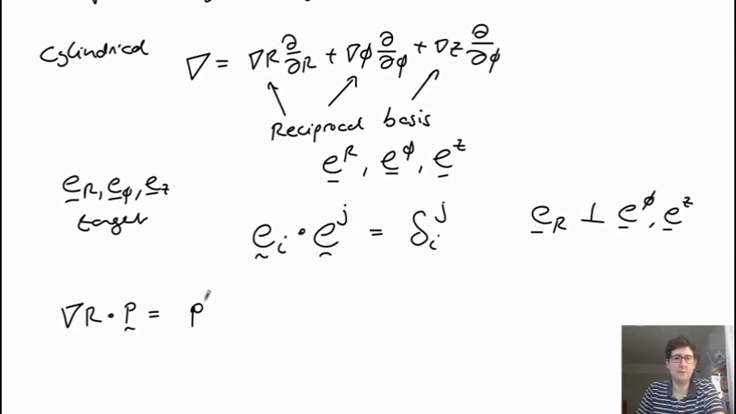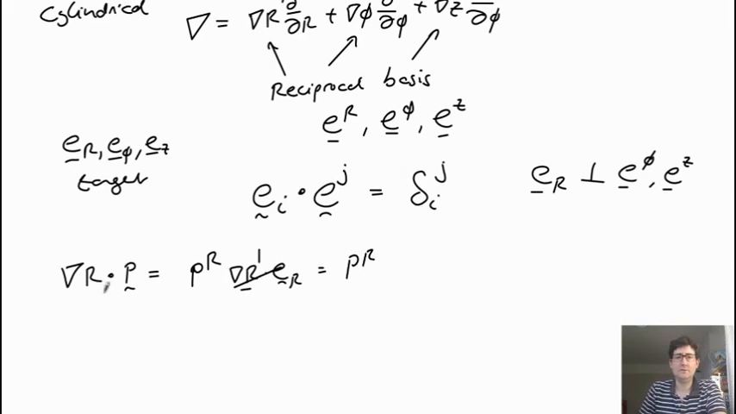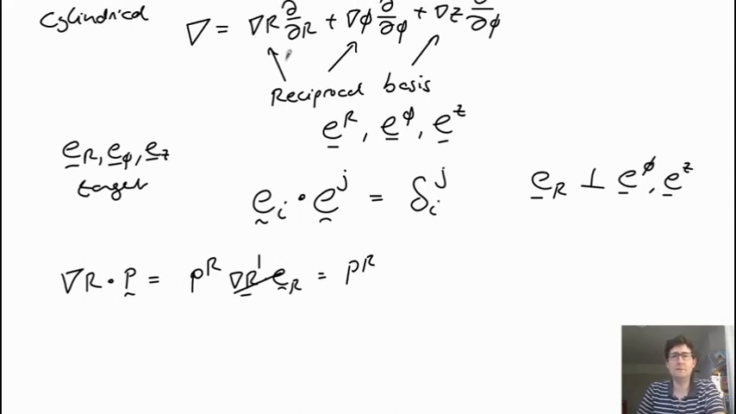So this is just PR grad r dot E r, and then this is 1. So this is just equal to PR. And so this gives a way of working out what the components of these vectors are. So lastly, just work out what are these components. So what is